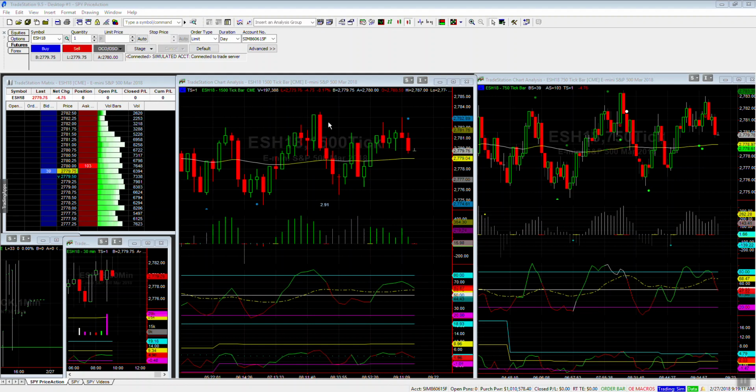Then over here we see these are the different time frames that I use. I use the 750 tick bar chart, the 1500 tick bar chart, and the 30-minute. I use the 30-minute here to kind of give me a representation of trend, and I try not to trade against whatever color the bar is showing here. So,